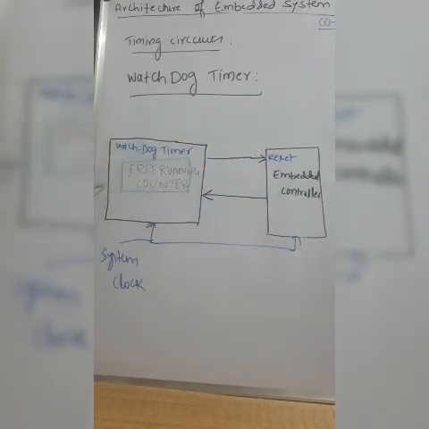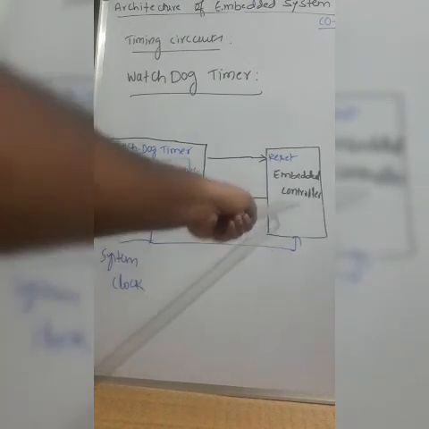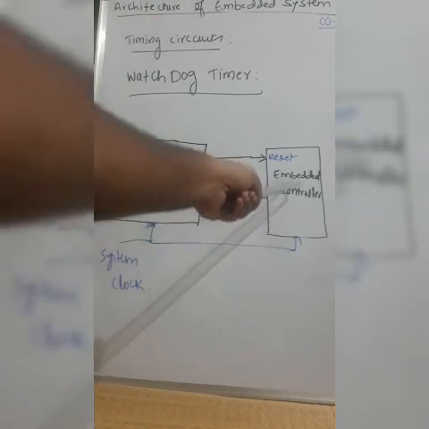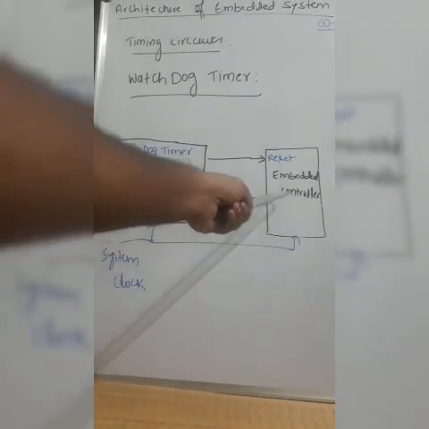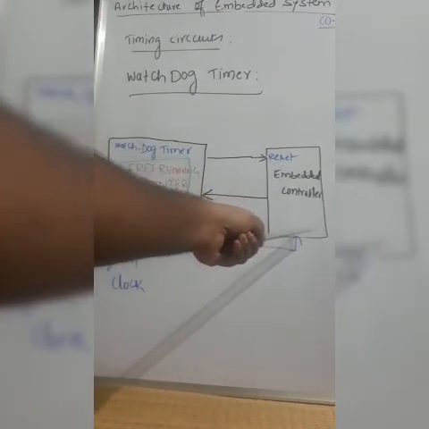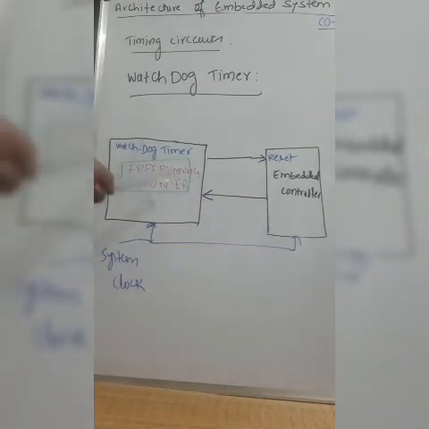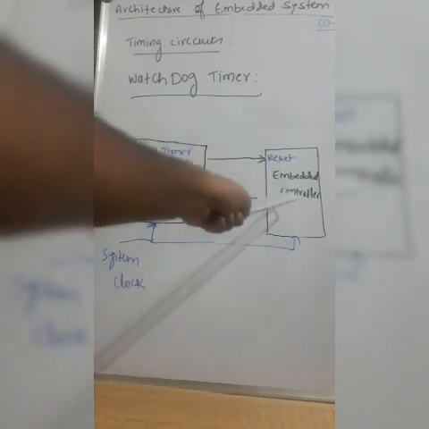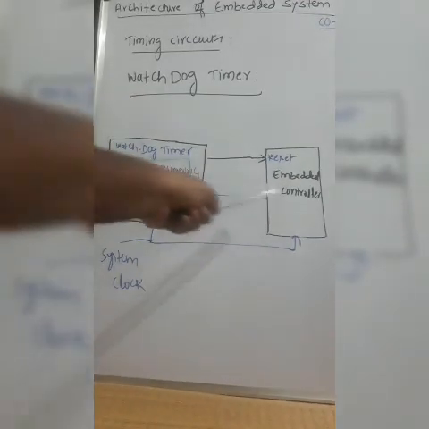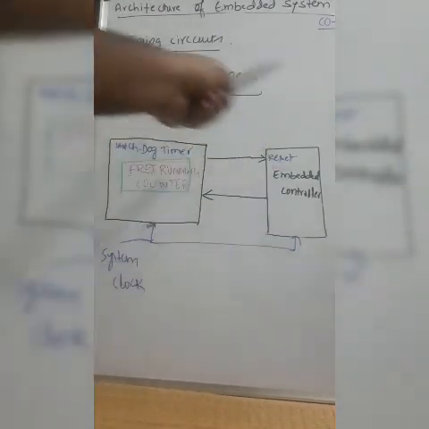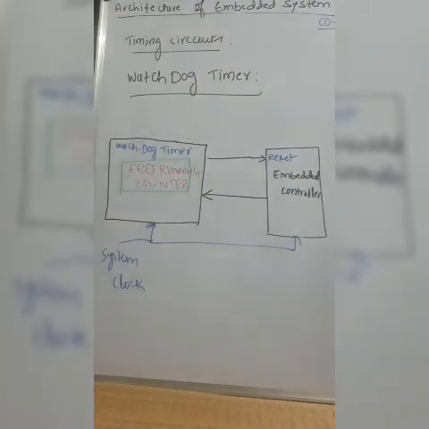A watchdog timer can be externally connected or it can be inbuilt. If it is inbuilt, there will be a status register provided by the watchdog timer, which is required to be initialized by the embedded controller to follow up the execution of firmware by the inbuilt watchdog timer. If the watchdog timer is externally connected, then it will have its internal logic circuit with the help of which it follows up the execution of firmware. If it finds any mistake, it will reset the embedded system. So this is how the watchdog timer works in an embedded system.